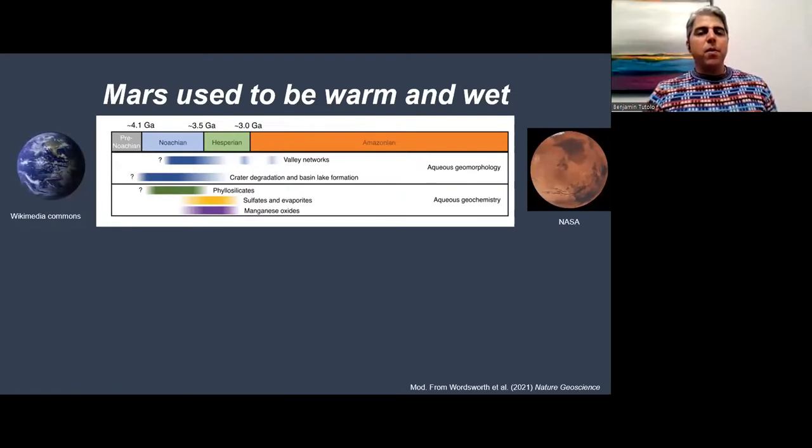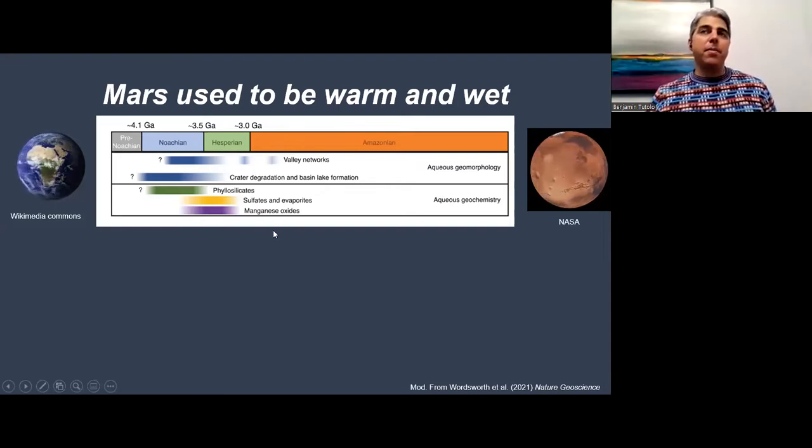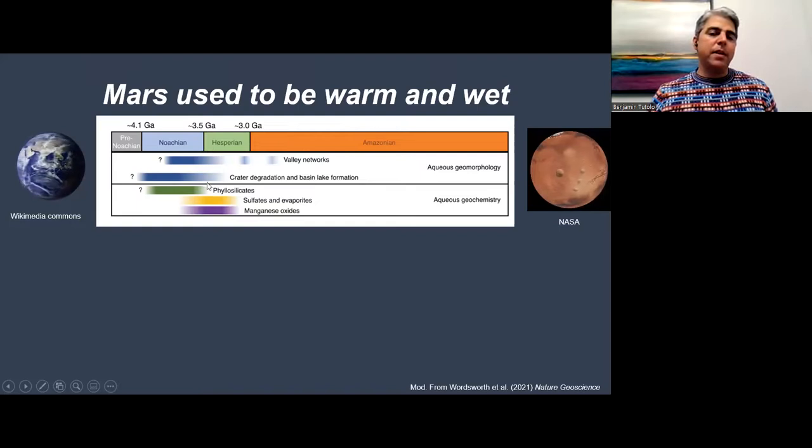So Mars used to be warm and wet. We know that from evidence that has been returned by all of the rovers and orbital spectroscopy and orbital imagery on Mars. We can see things like aqueous geomorphology features consistent with valley networks and crater degradation and basin lake formation. And we can also see that in geochemical and mineralogical signatures like clay minerals that must have been produced